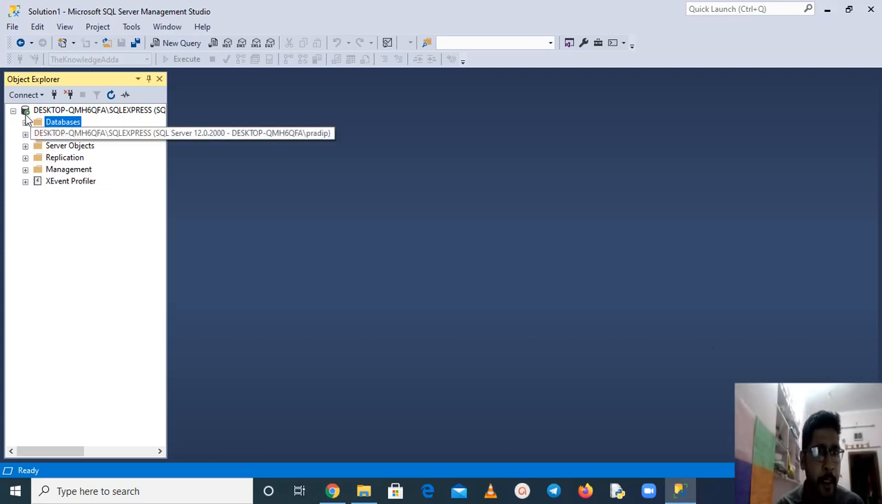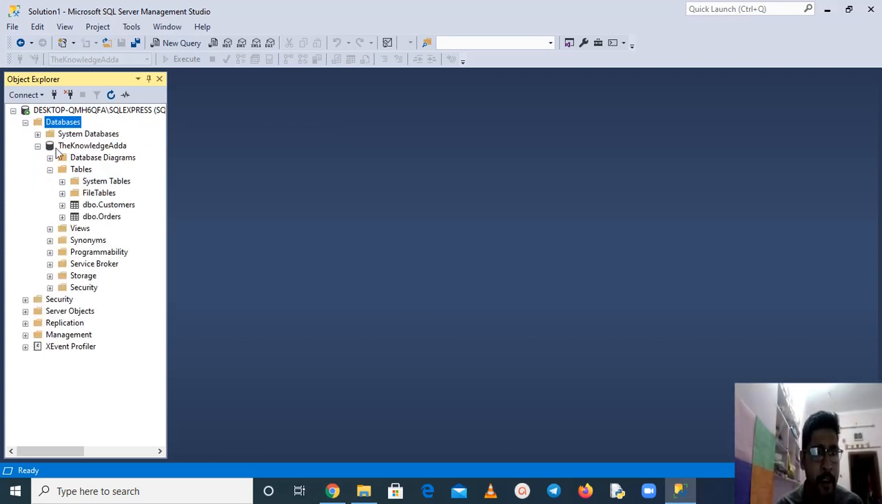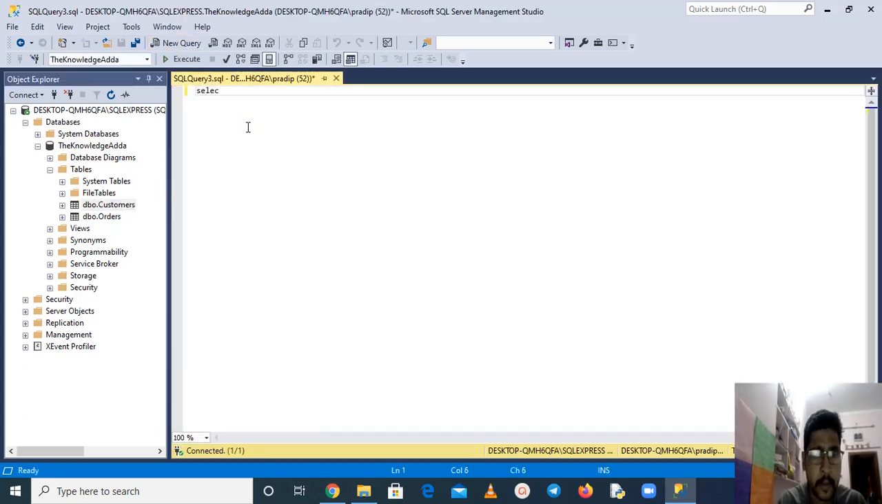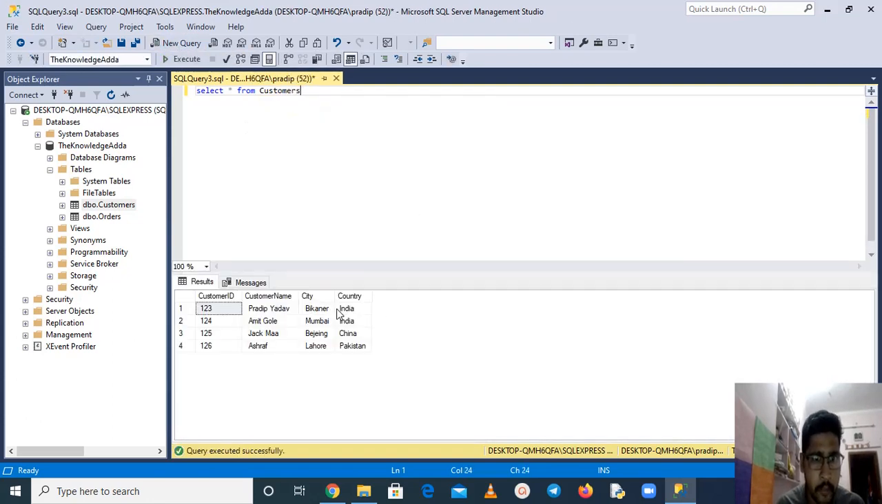So here I have created a database. You can see the database, The Knowledge Adda, and I have already created two tables to save your time. Now what we have to do is insert all the values of this table into this table. Firstly, let me show you the content of the first table and the second table. So select from the customer. Here you can see the content of the first table,